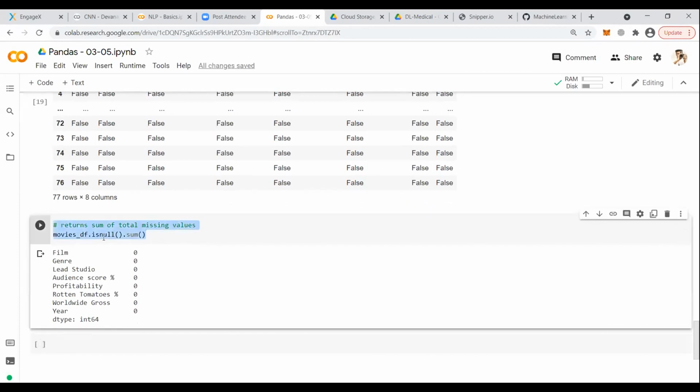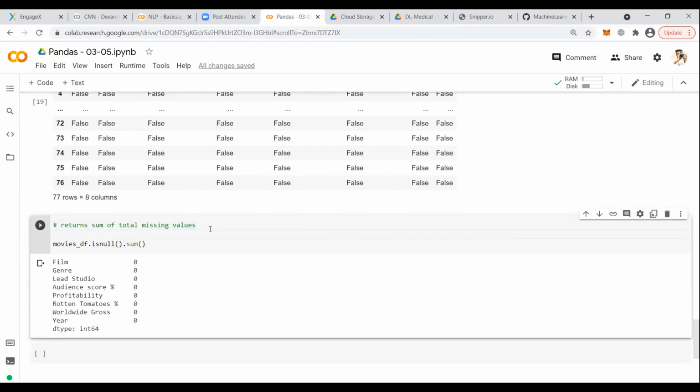This returns all zeros. If there is a missing value in any of the columns, it will calculate column-wise. If instead of 0 it is 1, 2, or 10, 11, 20, 200, whatever the number is, that will mean that that many missing values are present in your data set.